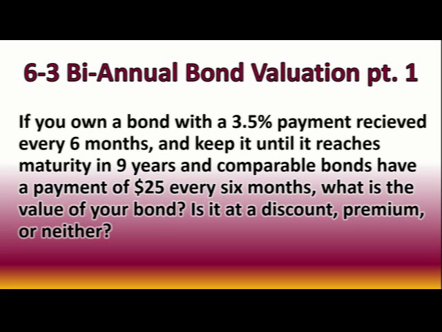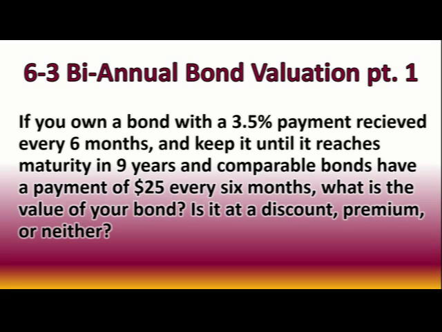Question: if you own a bond with a 3.5% payment received every 6 months and keep it until it reaches maturity in 9 years, and comparable bonds have a payment of $25 every 6 months, what is the value of your bond? Is it at a discount, a premium, or neither? First thing we're going to look at is